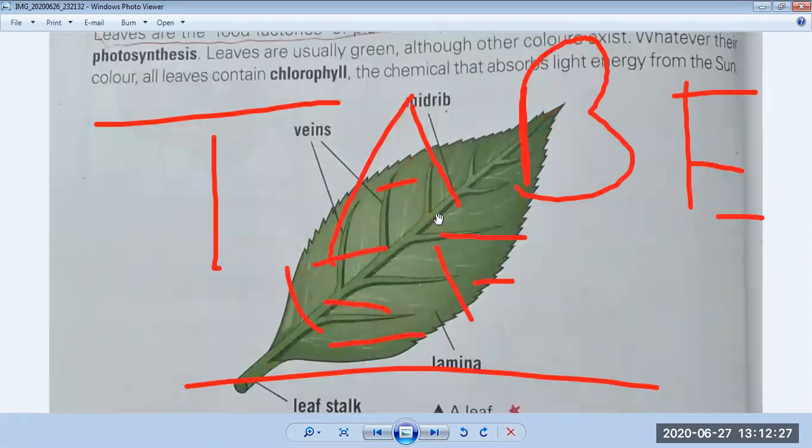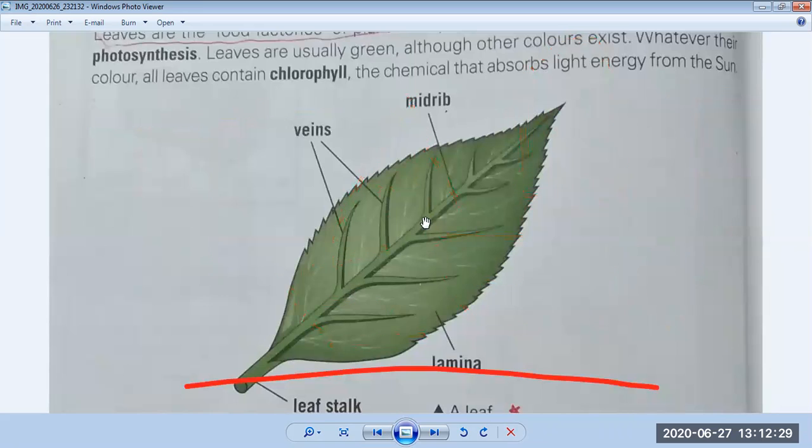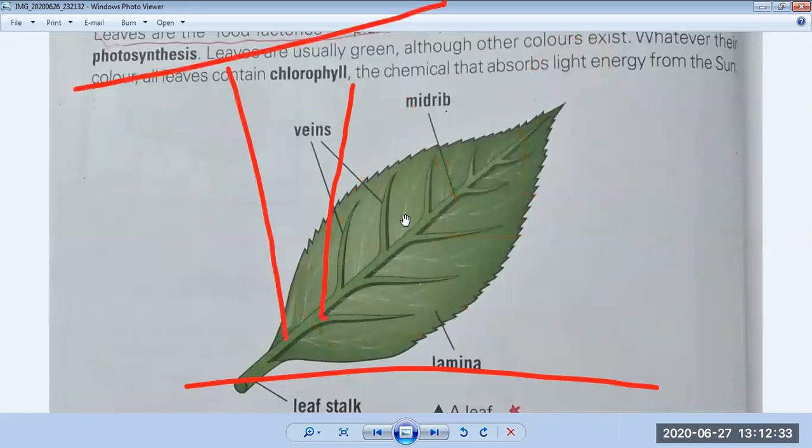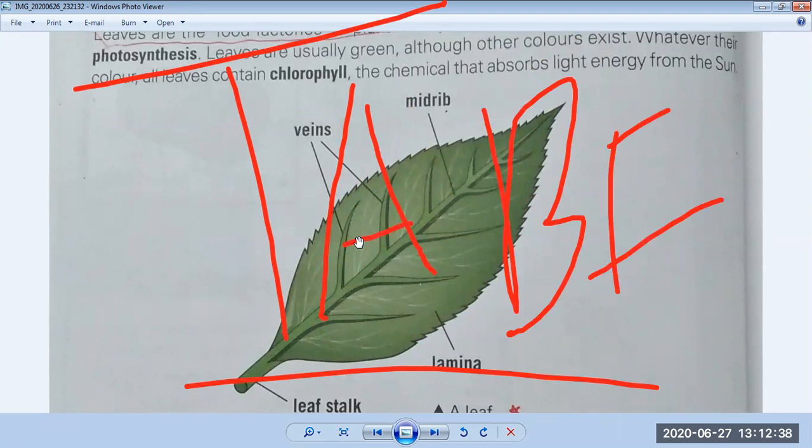And you can also see in the middle there is a line which is called a midrib. Okay, so this is the structure of a leaf. So what is happening inside the leaf? Definitely these leaves get light from the sun, and the green chemical is present inside the leaf, which is